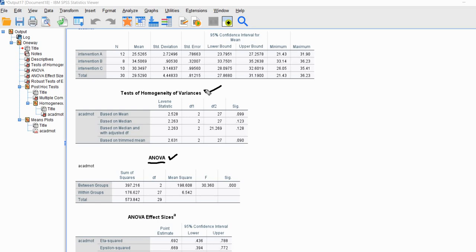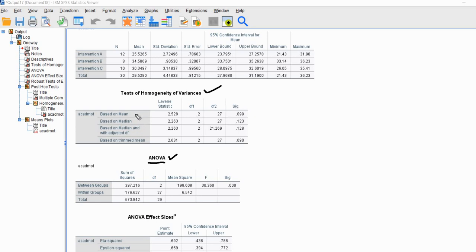If we find evidence that there's a violation of that assumption, then that calls into question perhaps the validity of our interpretations with respect to our test of the mean differences. In some cases, if we have a violation of equal variances, that can translate into an increased probability of a type 1 error, and in some cases it can lead to an increased probability of type 2 error. So that's why we want to look at this test result that's given in this area for tests of homogeneity